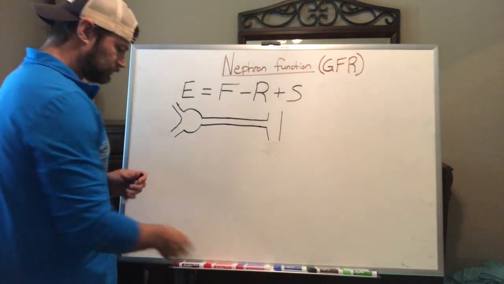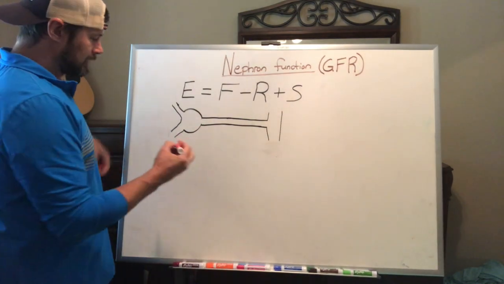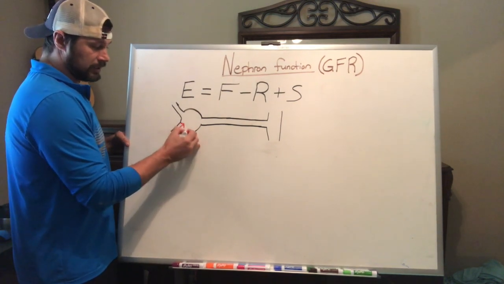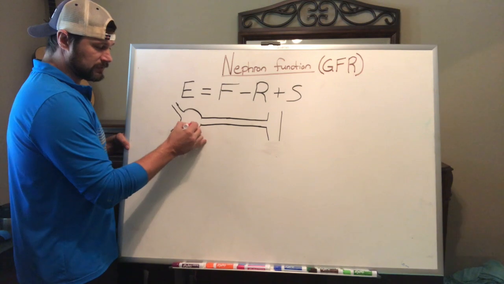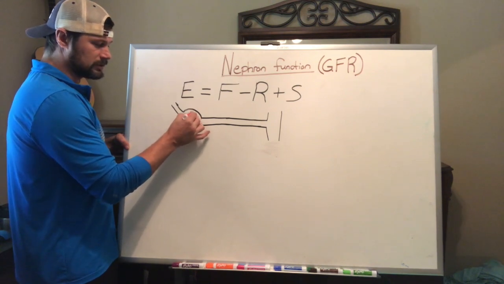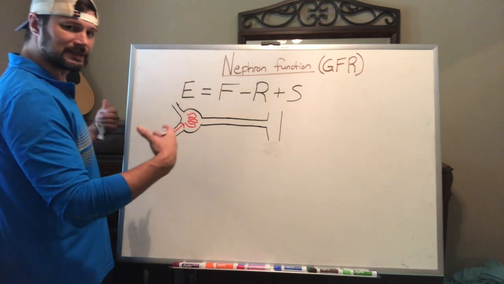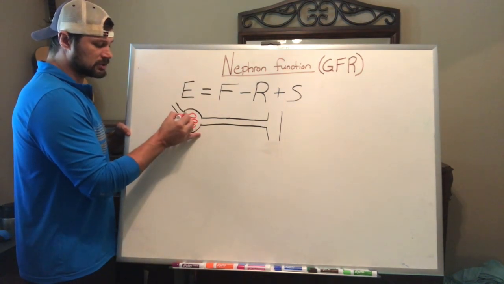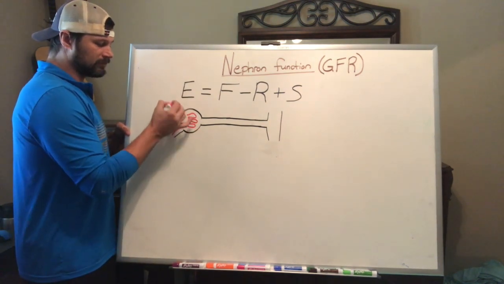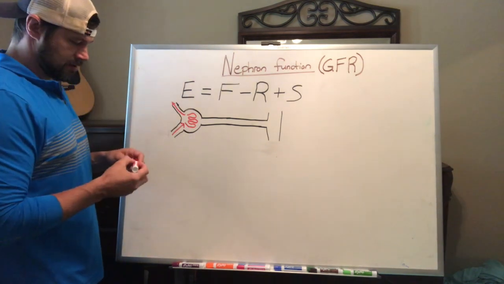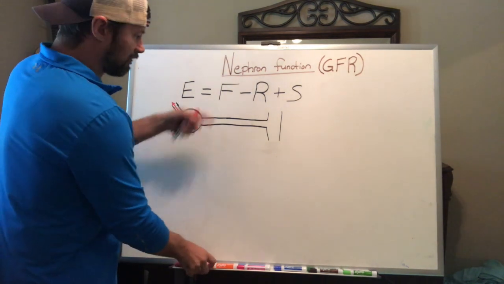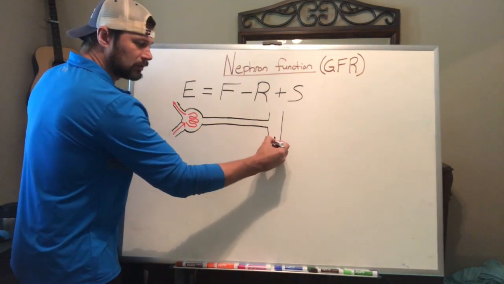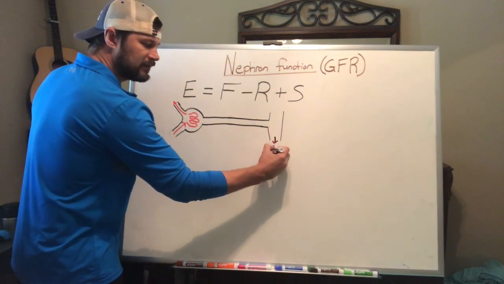Okay. And we say blood supply enters through the afferent arteriole. It goes through the glomerulus, which is basically just a bunch of squiggly lines, right? It's kind of a spaghetti, this modified capillary bed with lots and lots of fenestrations. And then it's going to leave through the efferent arteriole. Well, let's look at our formula. In order to get urine out over here, in order to have excretion,